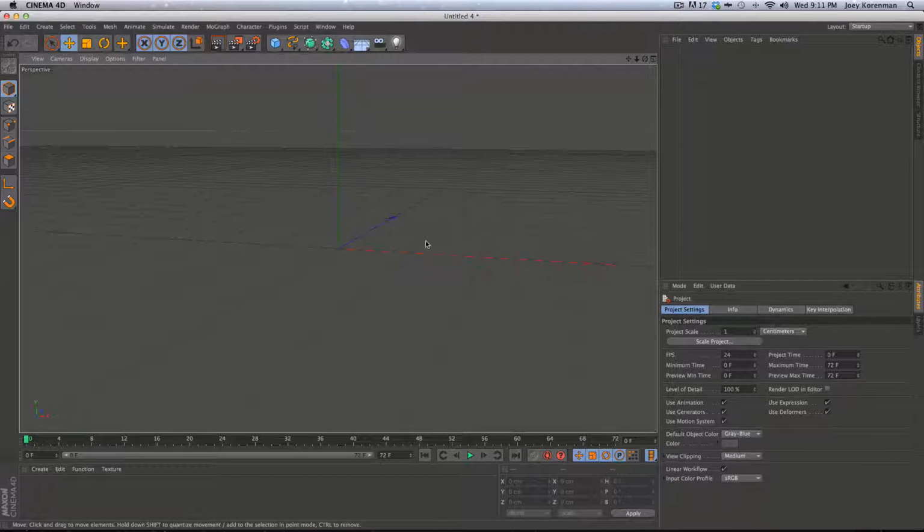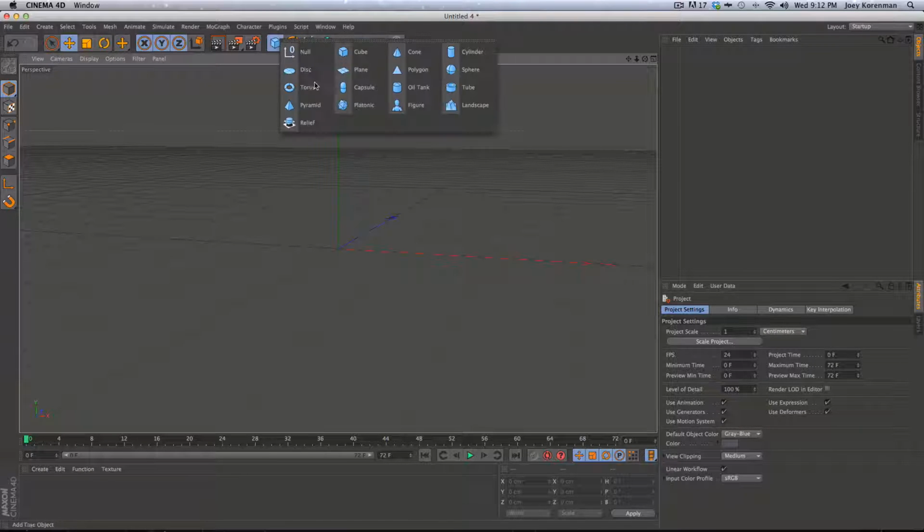All right, so now, you saw at the beginning of this video a preview of the effect we're going for here. So I'm going to walk you through my thought process when I was building that, and hopefully that'll help you get a better grasp on how Mograph works and how you can stack effectors and do different things to build these complicated effects. So what I wanted to do is basically have these cubes animate on in some really cool, intricate way and build a sphere. So the first thing I did was I created a sphere,